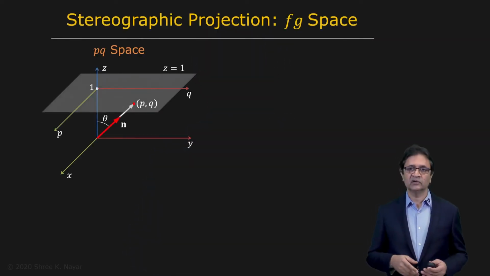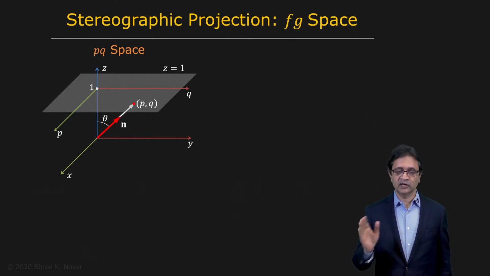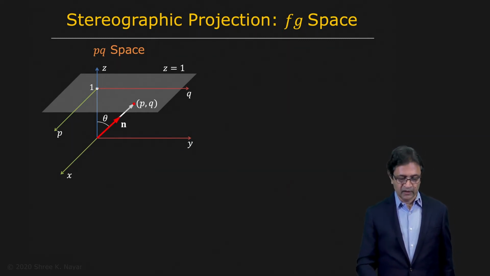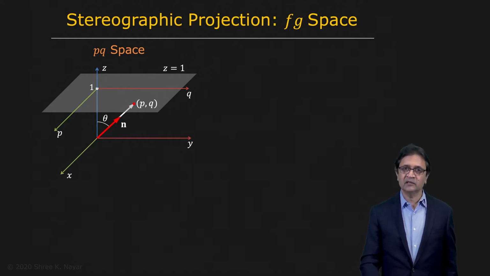So now we're ready to develop our shape from shading algorithm. First, we want to talk about the representation of surface orientation. We've already talked about this in the past, but we want to make a slight change here. We have represented surface orientation in the past using this PQ representation, the surface gradient representation.